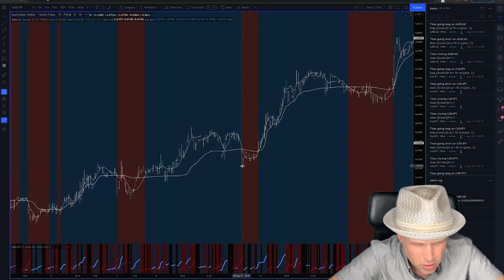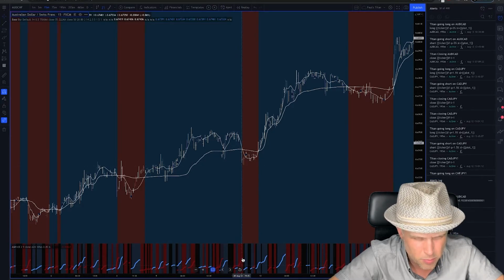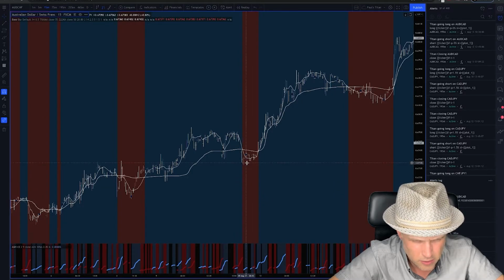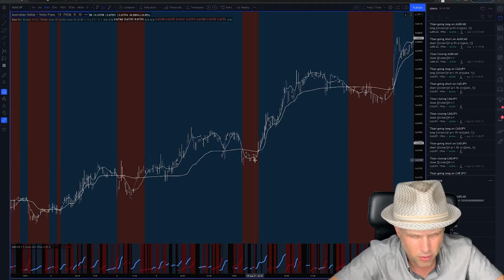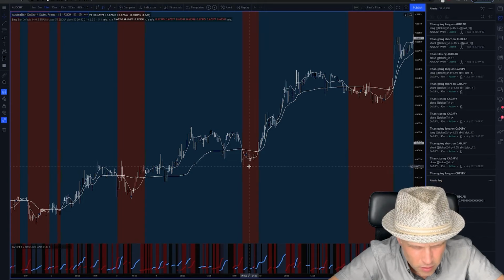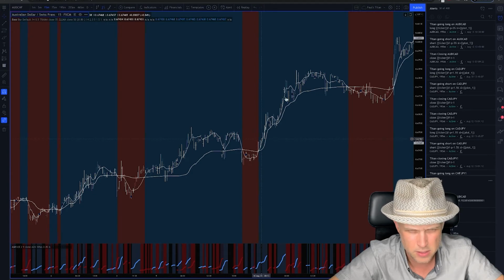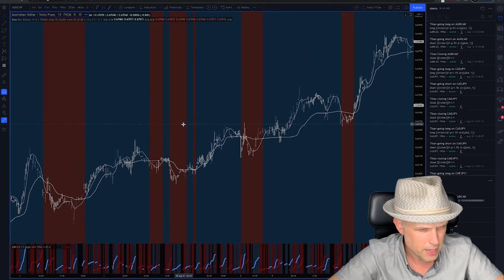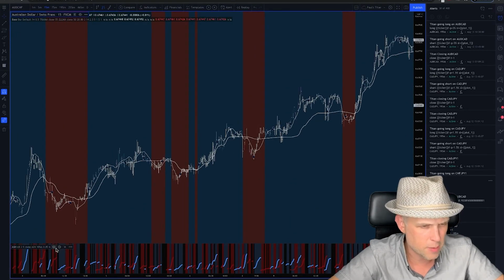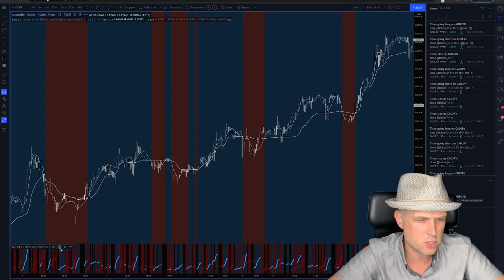So this one here looks like it might take because of the strength being there, but it is a bullish candle, so we wouldn't actually be taking that. Here it dips down, but I don't think the volume is going to be sufficient in that one, and it is actually also a bullish candle, so we wouldn't actually take anything until here, where it goes into the blue, and then that's a nice big movement. Yeah, so that is a quick overview of the absolute strength histogram, one of my favorite confirmations that is included